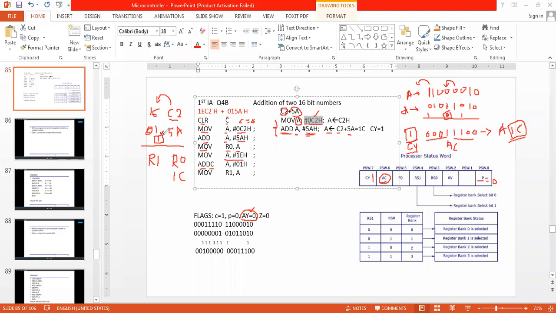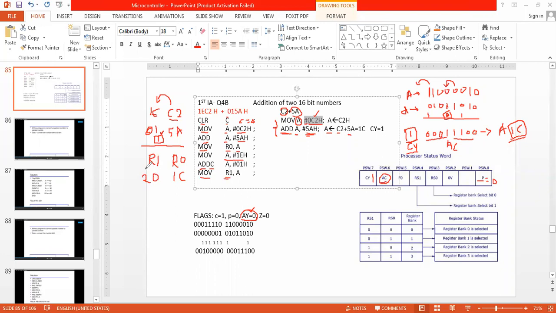1F plus 1. What is 1F plus 1? It is 20, correct? So 20 is going to be stored. Okay, move R1 comma A. So the A value will be having 20 and 20 will be copied into the R1 register.